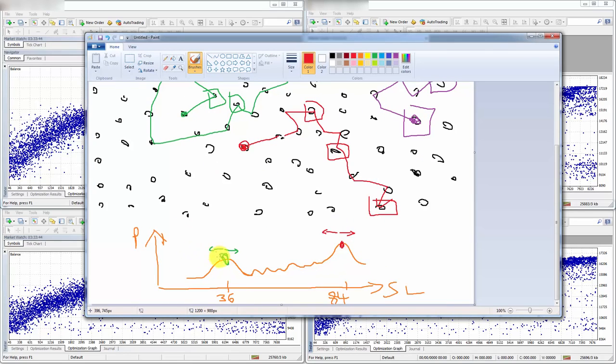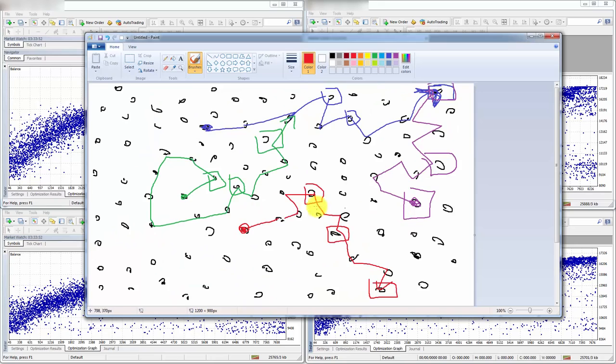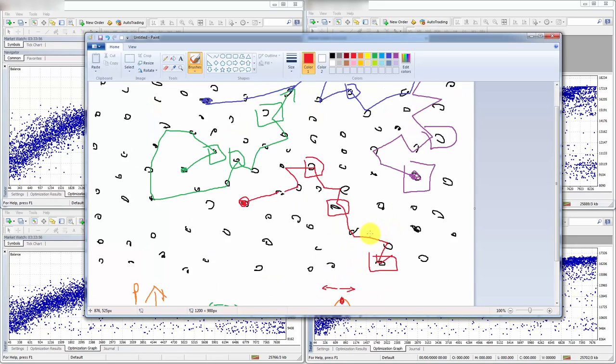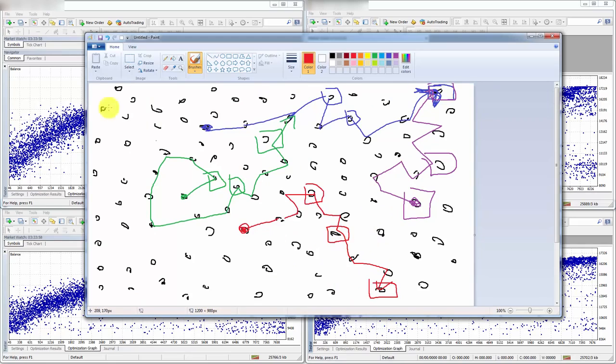So if you just launch one, you might find yourself stuck at one of these local extremums for profit, and not being able to find other parameters. That's why personally I prefer to launch a couple of genetic algorithms at the same time. In this case, you saw 4 of them running, and that's what I normally do, because for me, I've calculated